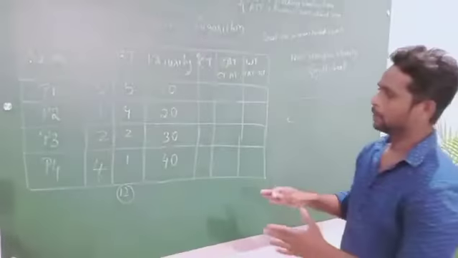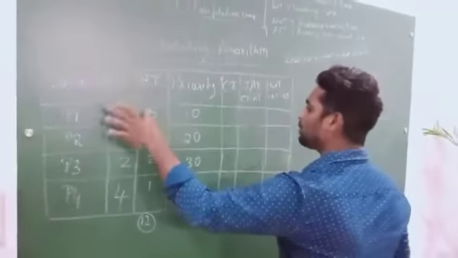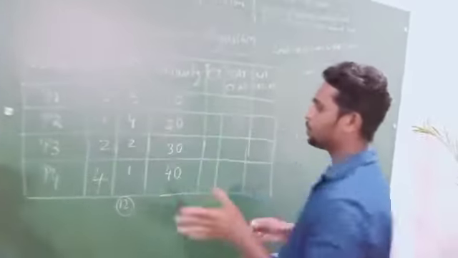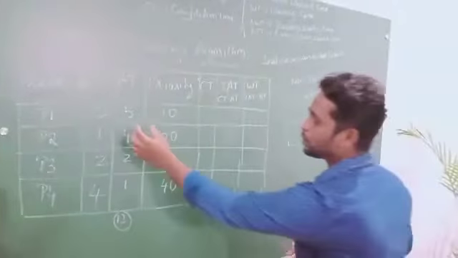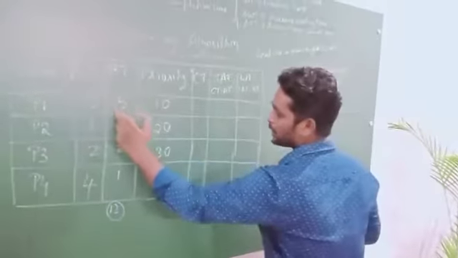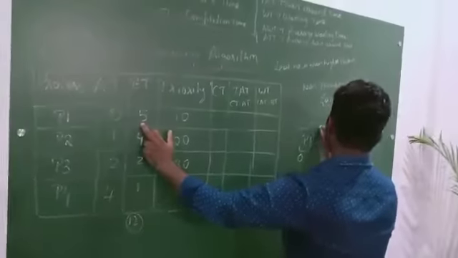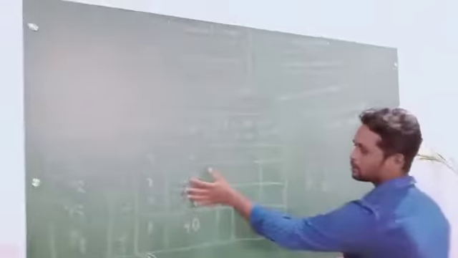Okay, so non-preemptive. Whenever they give arrival time, you need to start with whichever process has arrival time 0. Non-preemptive means it has to execute the complete time. So at 0, the process that came is P1. How many seconds here? 5 seconds. Next, P1 completed.